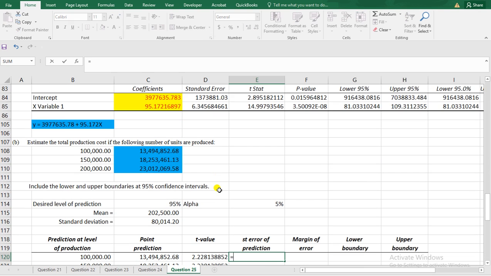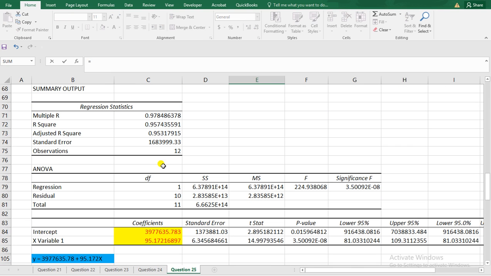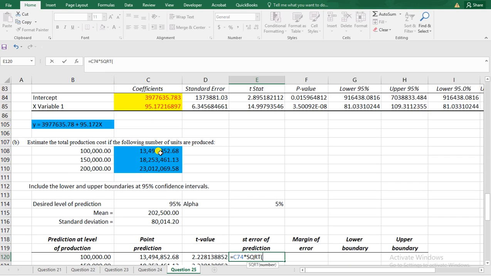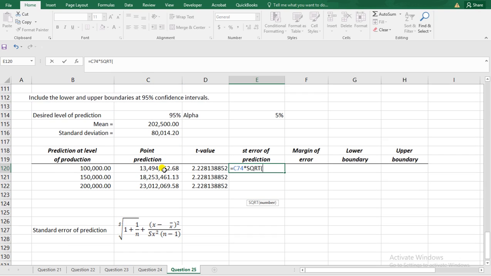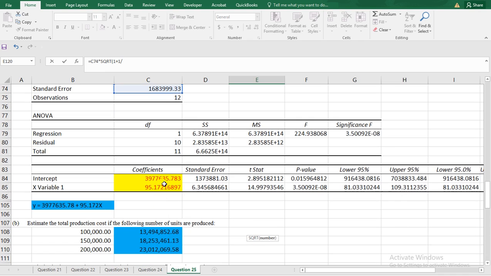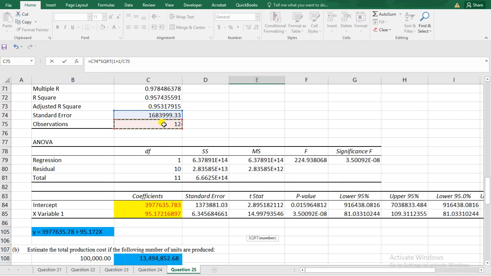So I'll just do equal sign, my standard error, square root of 1 plus 1 divided by the number of data values, which is our observation, 12,